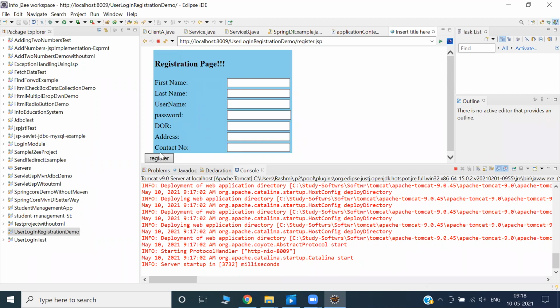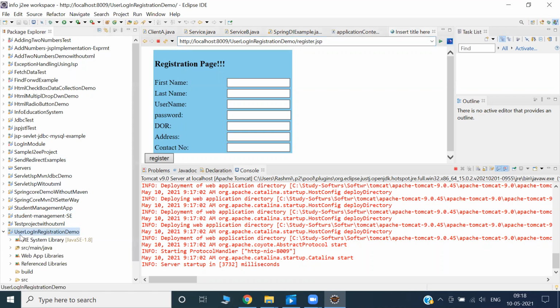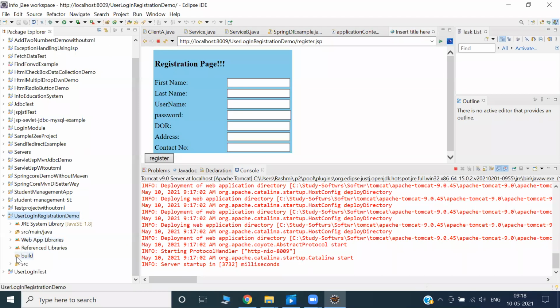Can you see there is a register.jsp showing? What is that? We'll open this application and understand quickly the insertion operation. Who is taking the initiative for doing the database operation?